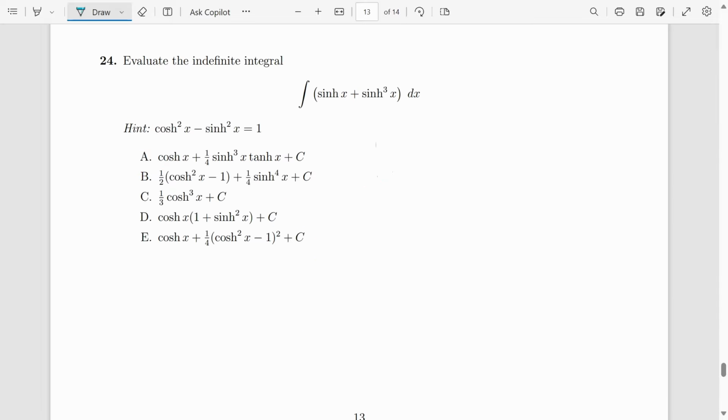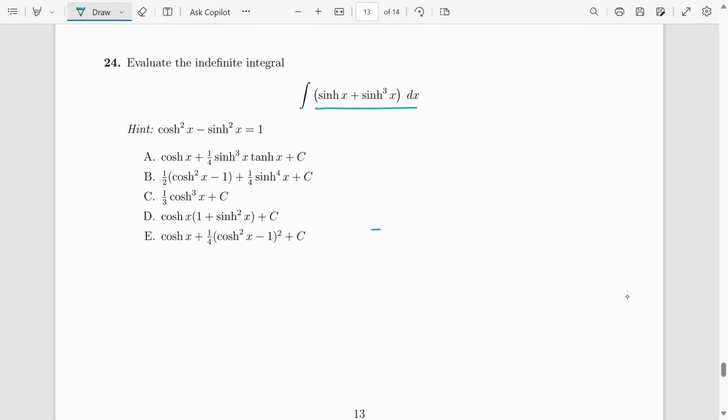Question 24. Evaluate the indefinite integral of sinh x plus sinh cubed of x. And they also give us a little hint that cosh squared minus sinh squared equals 1. So we're probably going to use that at some point. I think how we can start solving this integral is by first taking out a sinh from both of these terms. That will give us, let's see here, the integral of sinh x times 1 plus cosh squared,